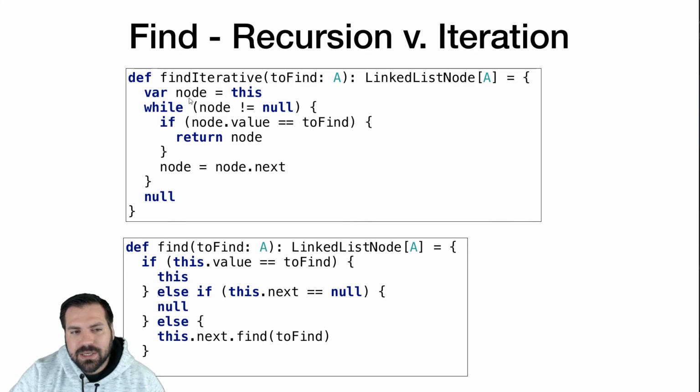We're going to start with this node, the head of a linked list. We're going to iterate until the next node is either null or we found the value that we're looking for, and then we're going to update node to be the next node. So you could argue that, there's certainly a debate to be had here which one is the preferred way. It's a matter of taste, I think, at this point. But you could do it either way